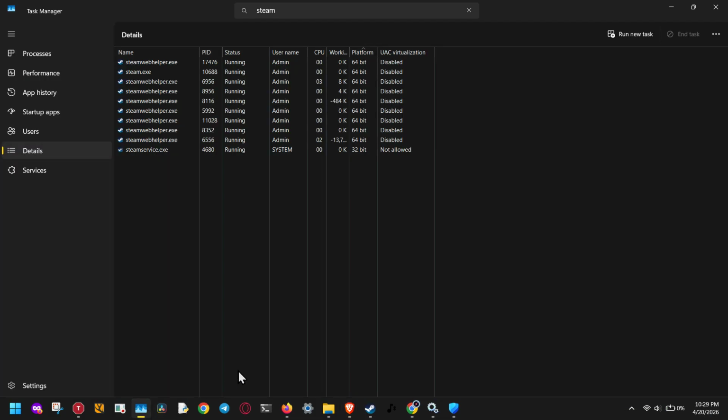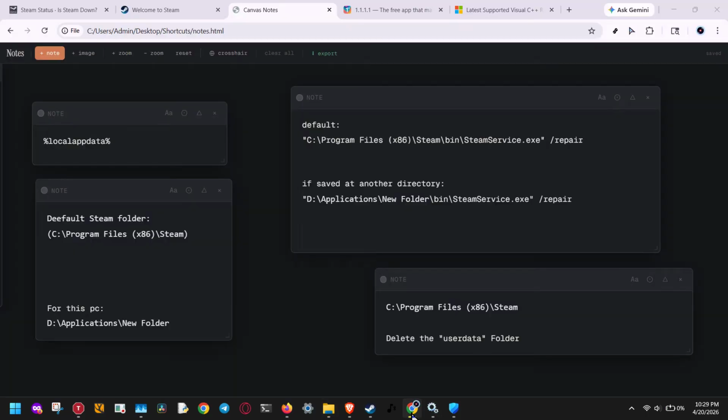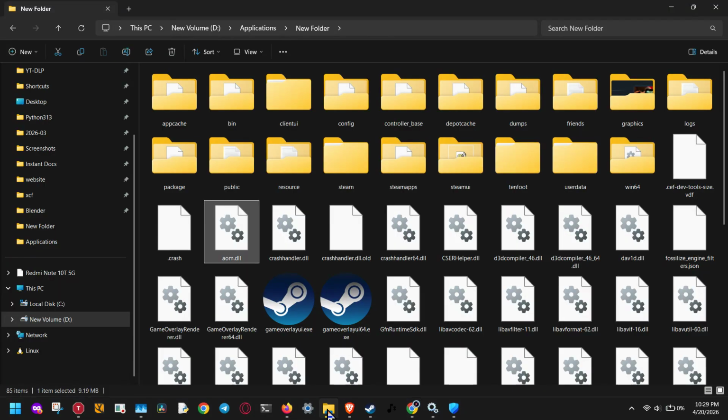Now, open File Explorer and go to your Steam installation folder. On most computers, that will be /program files x86/Steam. Inside that folder, look for a folder called Userdata. This is the folder we want to deal with. You can either delete it completely or, if you want to be extra safe, move it to your desktop as